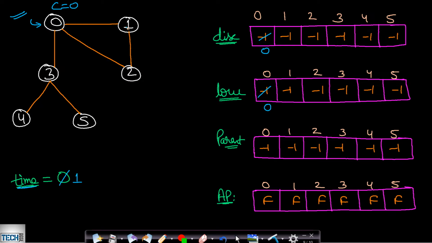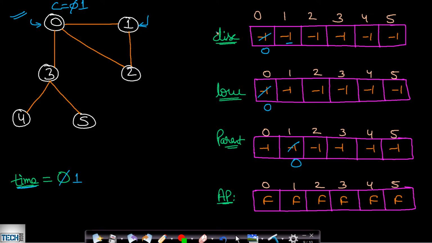So from 0 there is an outgoing edge to 1. So what we will do is increment the child count, because this 1 is not visited. You can see that this is not visited. So we are increasing the child count to 1 from 0. Now we will make the parent of 1 as 0, because we are reaching this 1 from this node 0. Now we will make the DFS call to this 1.